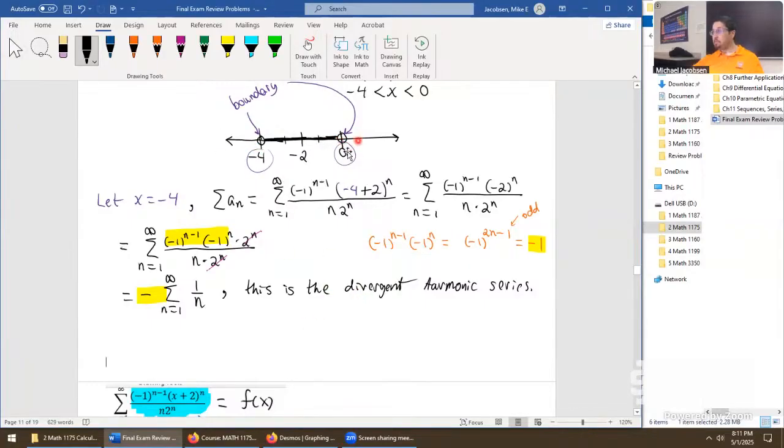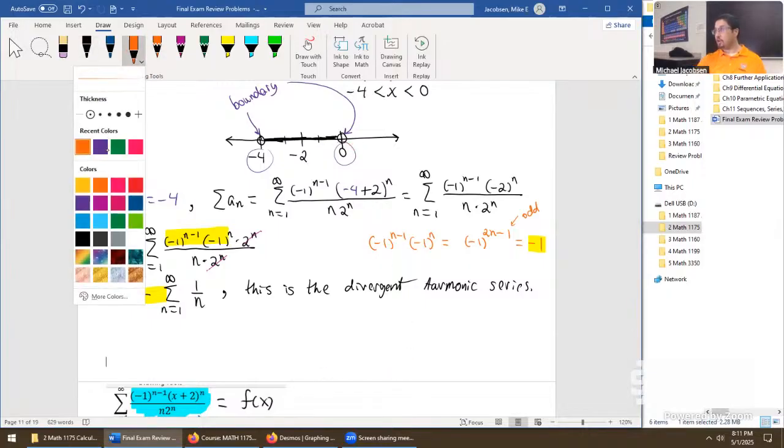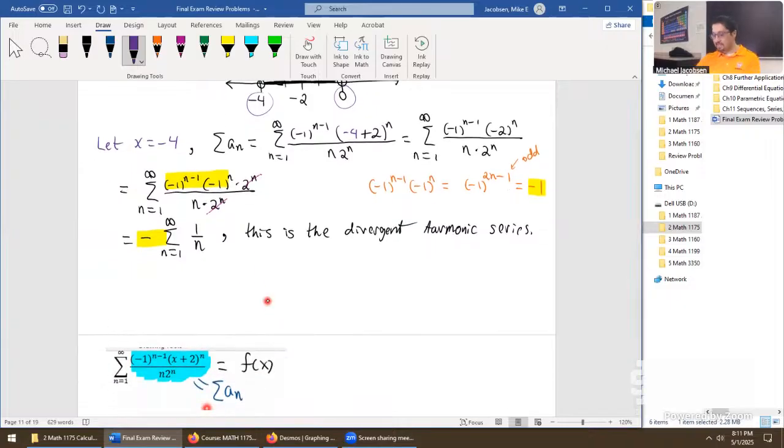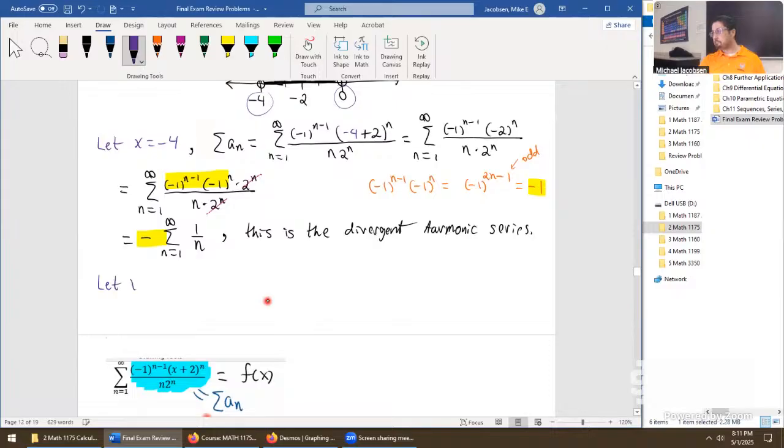Now we're wondering what happens at 0 next. So another boundary value. Interesting things always happen on the boundaries for these things. We'll let x be 0, come back down to the original series and just throw 0 in for x. We'll have the sum with n going from 1 to infinity of (-1) to the power n minus 1, with the 0 for x plus 2. This one looks a little bit nicer to get through, a little bit more straightforward. We're dividing by n, oh, don't forget the n is there, as I did, times 2 to the power of n.